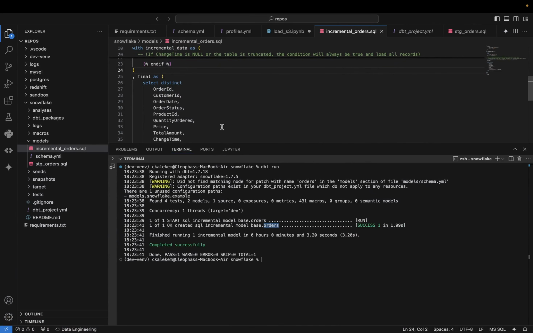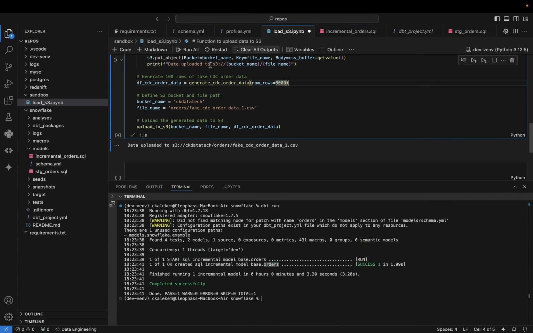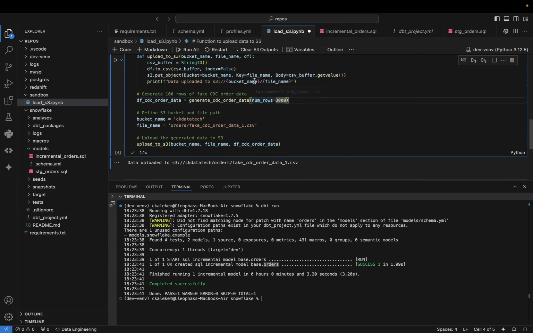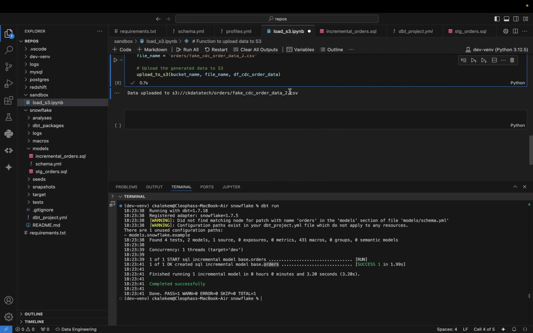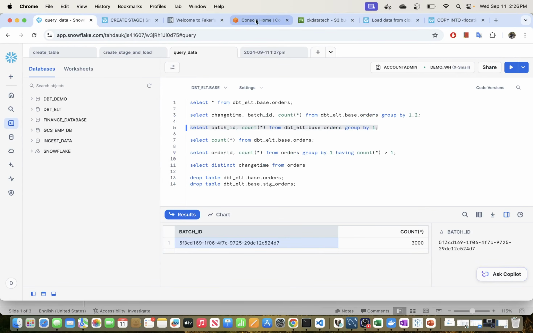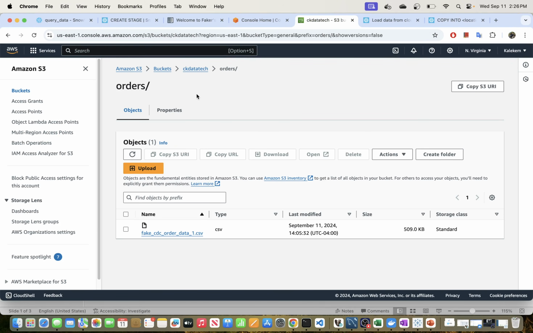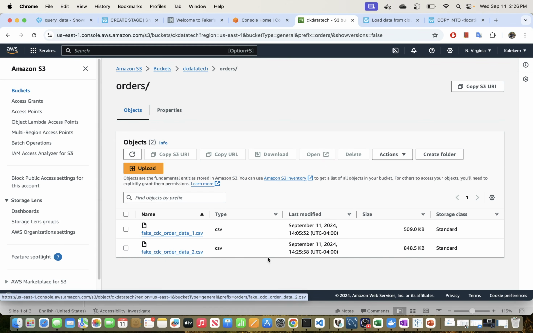And to do that, we will go back to our Python generator, and we will load another set of data, and I'm going to load this to a second file, and let's increase this value. Let's load now 5,000 records. Okay, so we'll generate 5,000 records, and we will send it to S3. I'm just going to create it, and now if we go to S3 and refresh our bucket, we should have another file here. Okay, so there's another file here created, and as you can see, it has a bigger size,